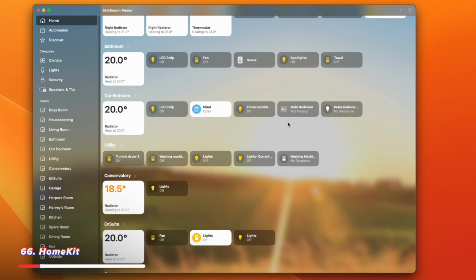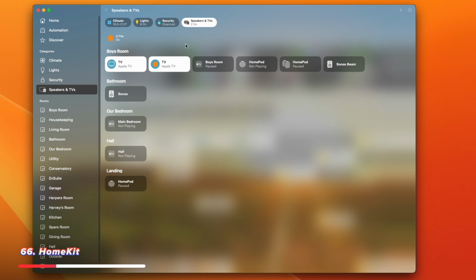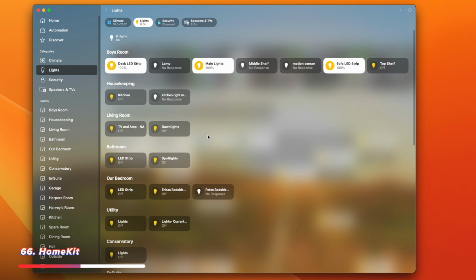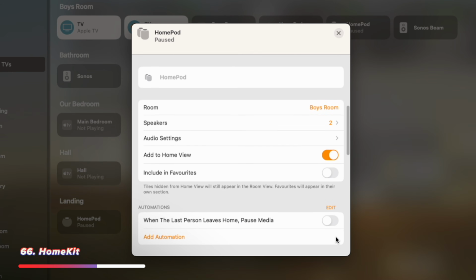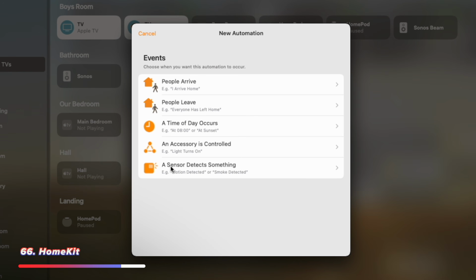And number 66, Apple HomeKit is something that we've touched on in this video, but its reach is so far and so wide, far beyond what I can explain already in this video. But Apple's Home app is a huge platform that enables you to connect smart home devices like smart lighting, heating, air conditioning, and a whole host of other devices. You can create automations along with your location from devices like your iPhone to switch off devices or switch them on when you enter or leave your house.